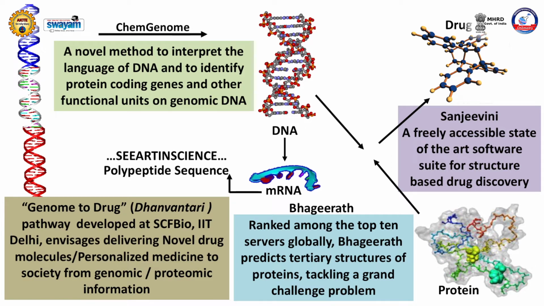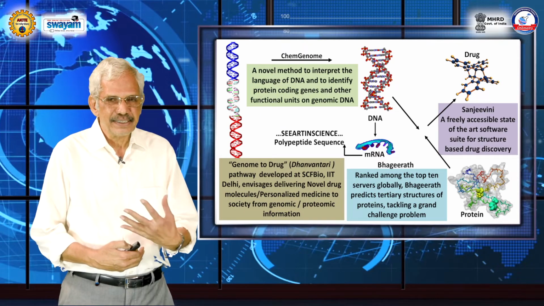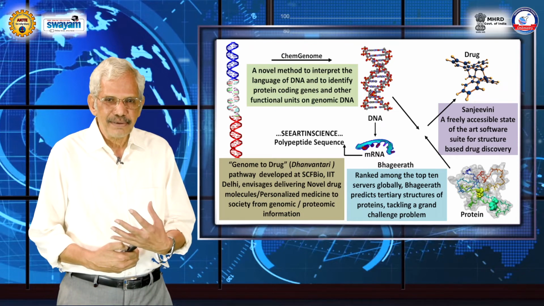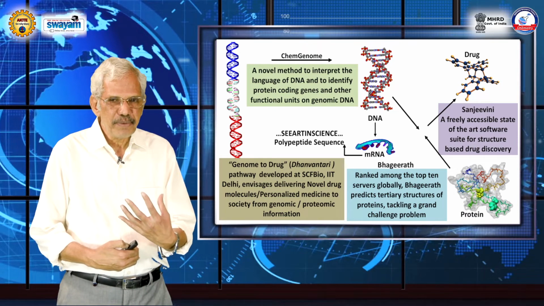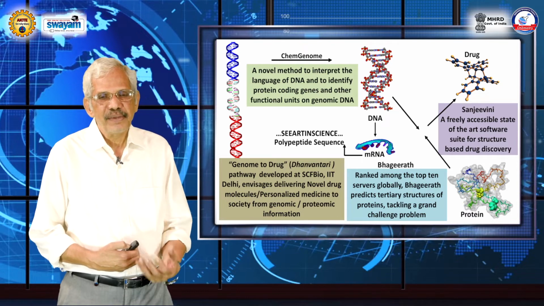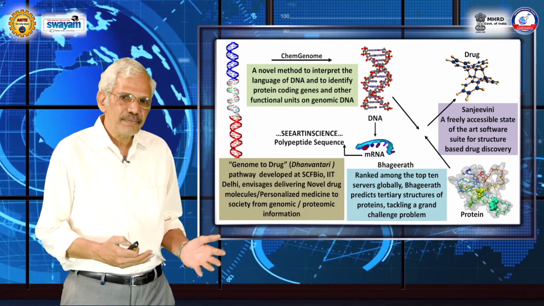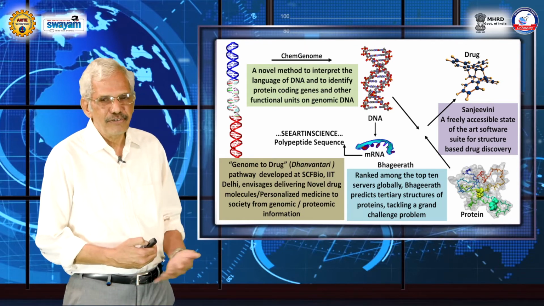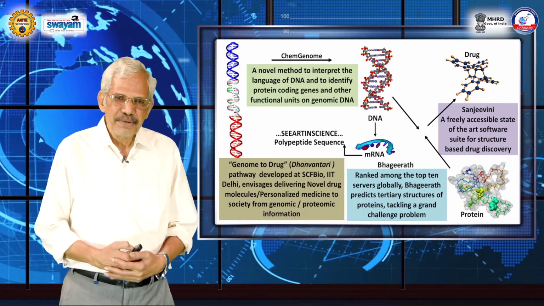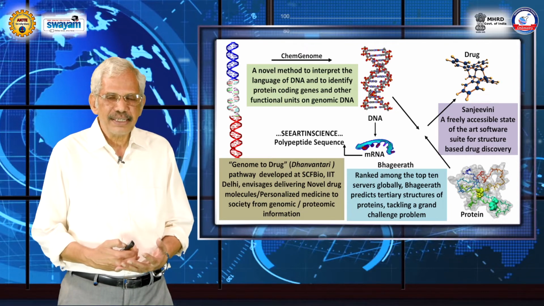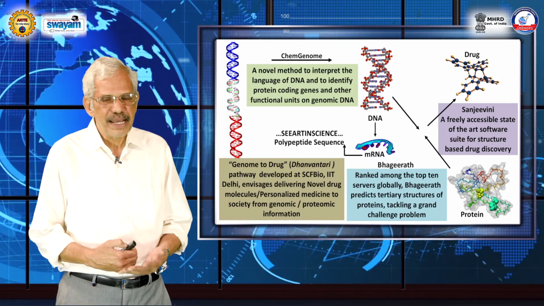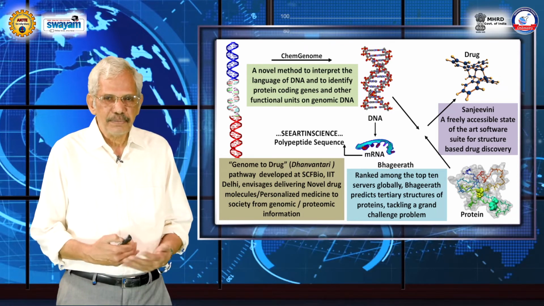sequence. After I have the protein sequence, comes the grand challenge problem of protein structure, because I need the 3D structure. Remember, to develop a drug molecule, I need the structure of the shape of the lock or the structure of the protein. So, I have to now develop a 3-dimensional structure starting from the protein sequence, and that is where my software Bhagirathi is going to help. And beyond that, I have the structure, now the target. So, the target could be DNA, or it could be mRNA or microRNA or any one of the other RNAs of interest, or it is a protein.